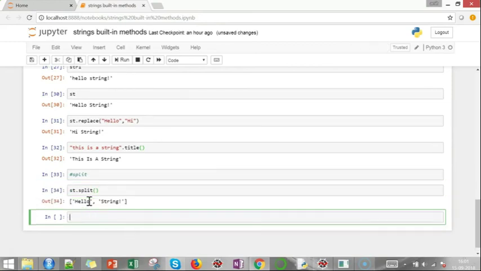It separates your words and creates a list. We'll discuss lists later, but just understand that it separates the words of the string. Right now there is no separator specified, so it separates on the basis of space. Wherever there is a space, it separates from there. Hello is separated from string.